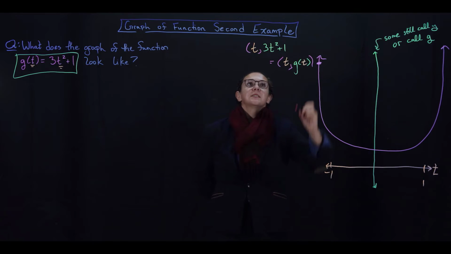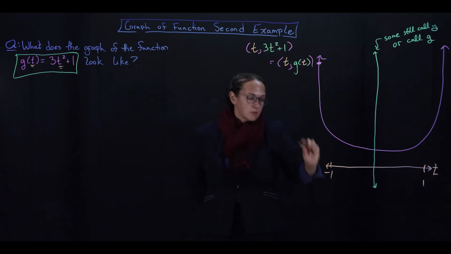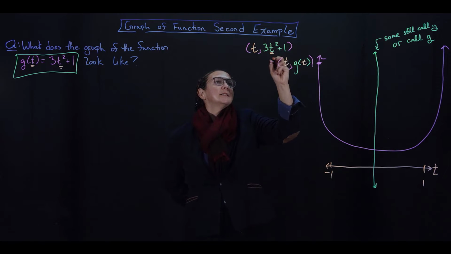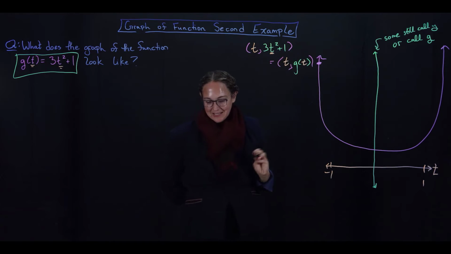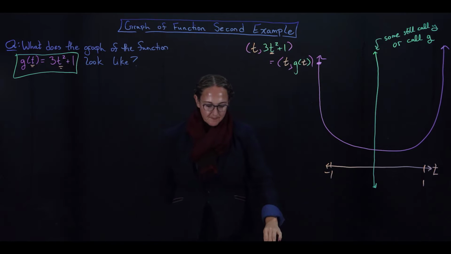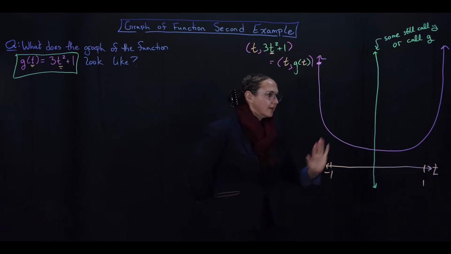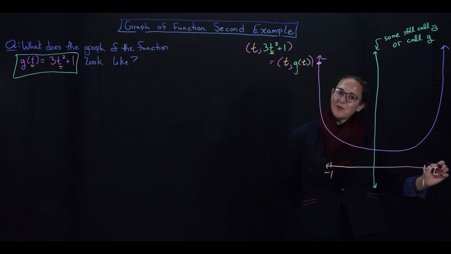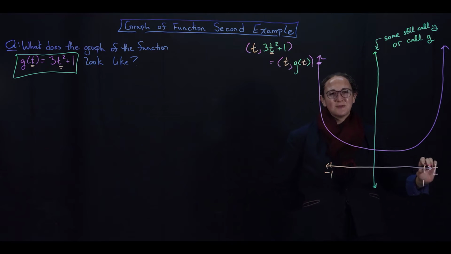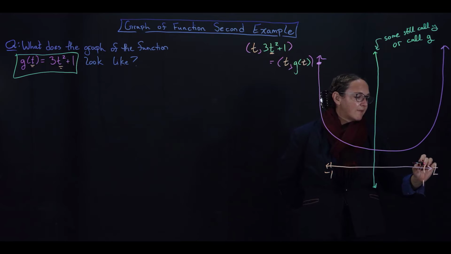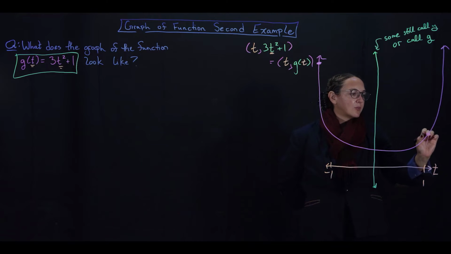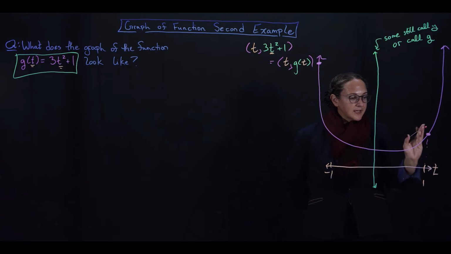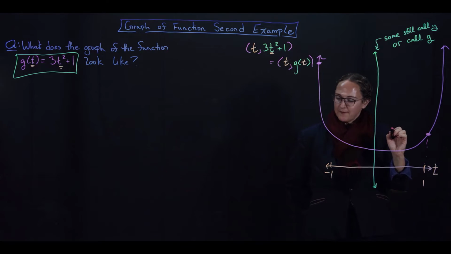But I want to emphasize something here. These are equal, and this t is still that t, so we're going to be plugging it in there. Let's go through one of them a little carefully over here. Remember my horizontal axis tells me what t value I have. So you go up from 1, and I get a point here. Now I'm looking at where t equals 1, so that tells me my first coordinate has to be